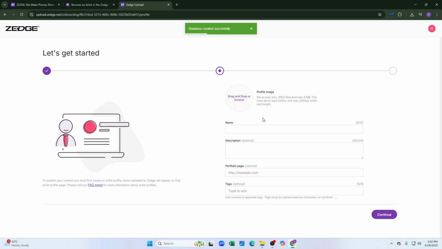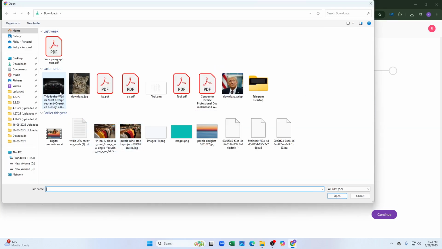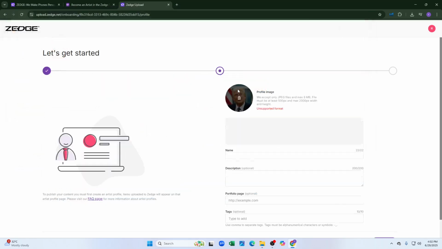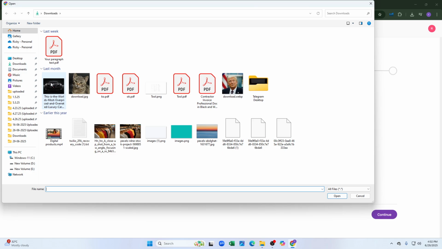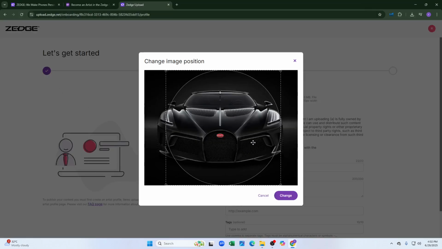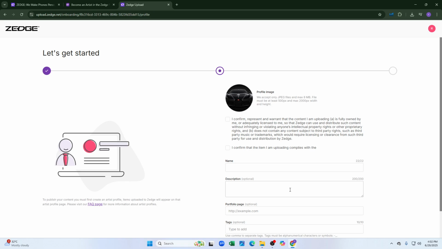And after that, you have to drag and drop browser, like you have to give the documents as your valid government ID. I'm just showing it as a demo purpose. Change, and I confirm this person warrant the content I'm uploading, and you have to check it, and I confirm that item I'm uploading complies with the